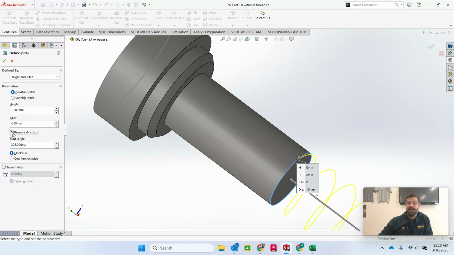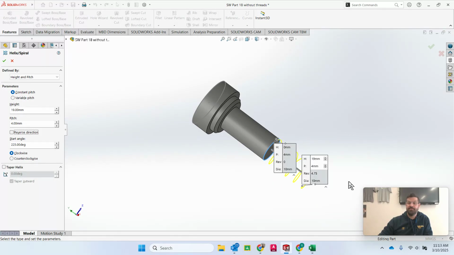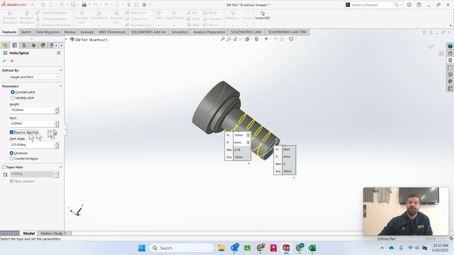Reverse direction just makes it go out if you, for whatever reason, wanted to have something that went out that way. Sometimes you might. But let's just say here, 19 inches up here, and one thread, or a distance of 1 millimeter between each arm of the spiral. So that's how you do it. Now,